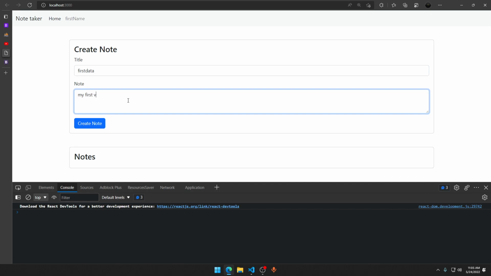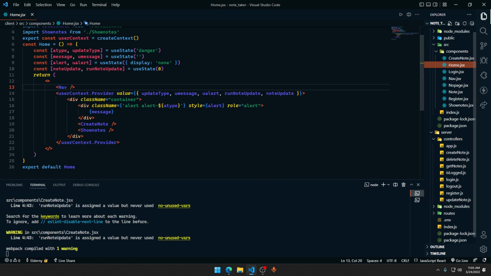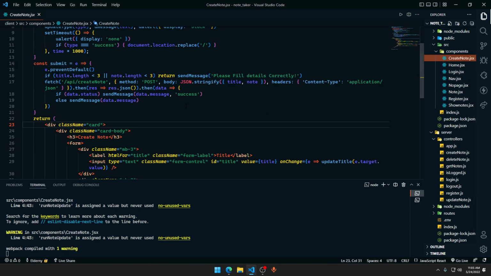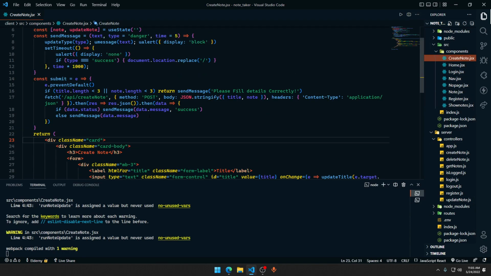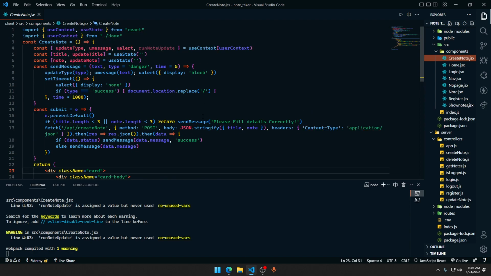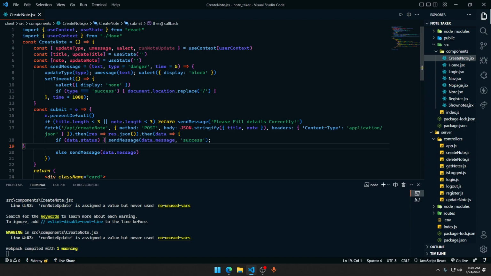My first node. I'm going to click on create node. It's not going to work because we have not set anything up for it yet. It's just going to show the else message. But it doesn't only have to do this thing, it also has to run another thing that's called